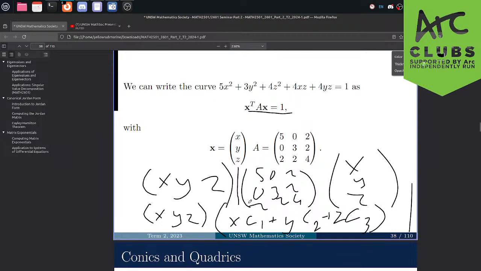Then you're going to multiply them row-wise here. So what each of these entries are going to correspond to is the x squared terms, the y squared term, and the z squared terms. You can try doing it like this, where you put x, y, z, and x, y, z. You see the x squared, y squared, and z squared terms are 5, 3, 4. So you put 5, 3, 4 along the diagonals.